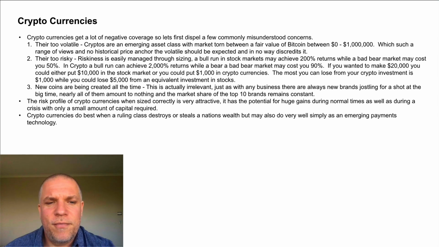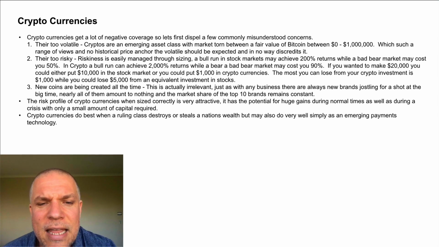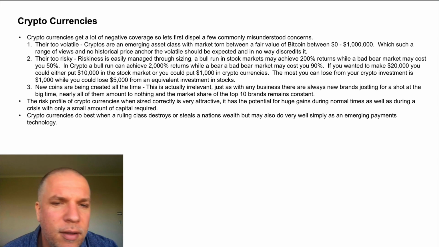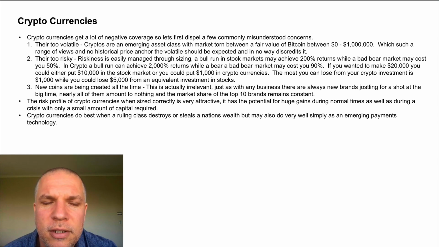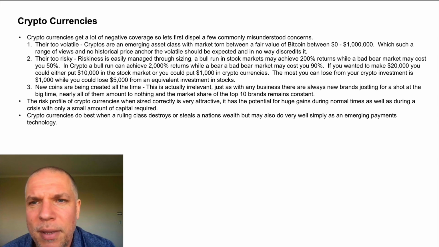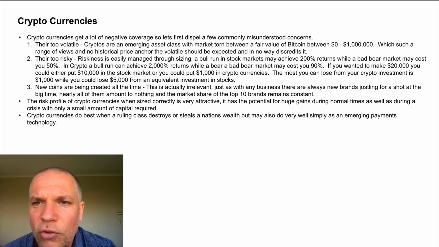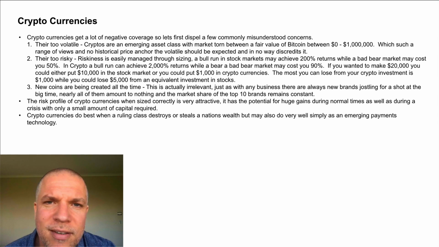But the most attractive feature of cryptocurrencies is that they are totally outside the system. They can't be seized. No government can grab them off you. They can make it difficult. They can certainly shut down exchanges, but they can't stop peer-to-peer transactions. They can't stop you owning them. No court system can confiscate them. No banking system can seize them. It's the only asset class that's really totally outside of the system.